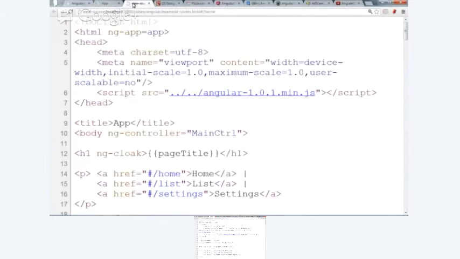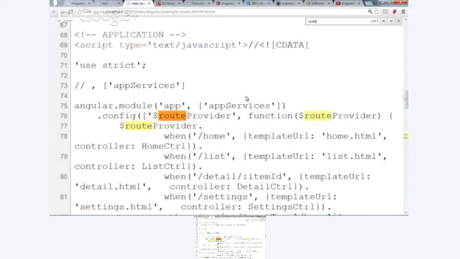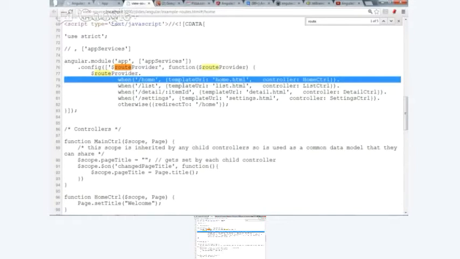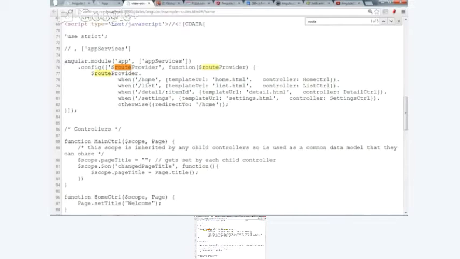If we look at the source of that, these are Angular routes. An Angular route maps a local path, so /home, which would appear as #/home, to a template, which in Angular parlance is called a partial, but it's just a snippet of HTML in an HTML file.